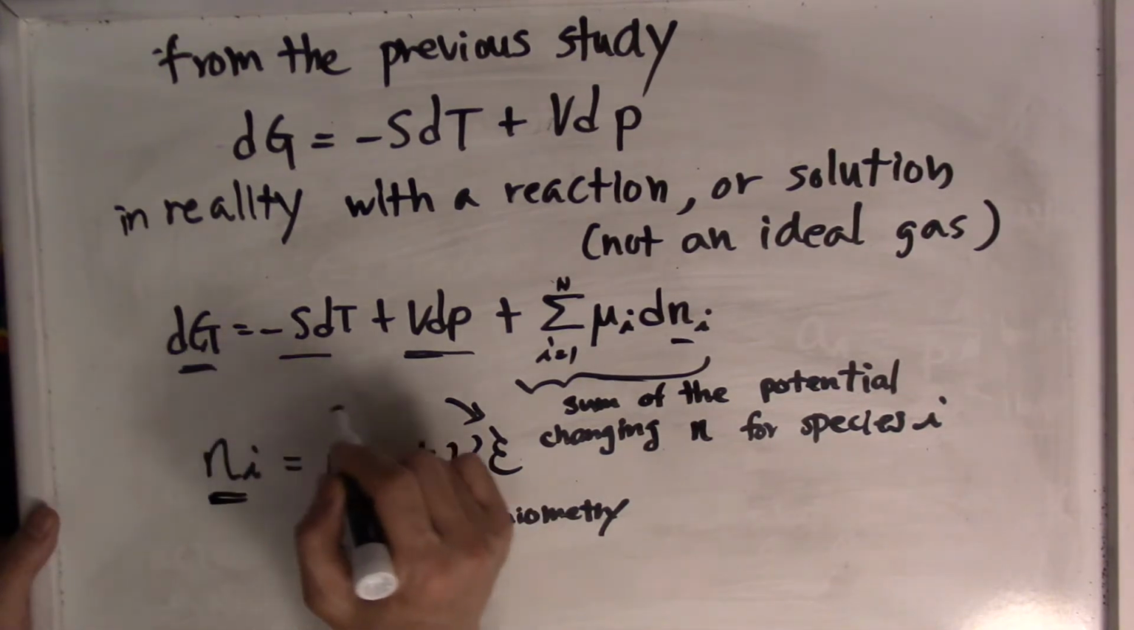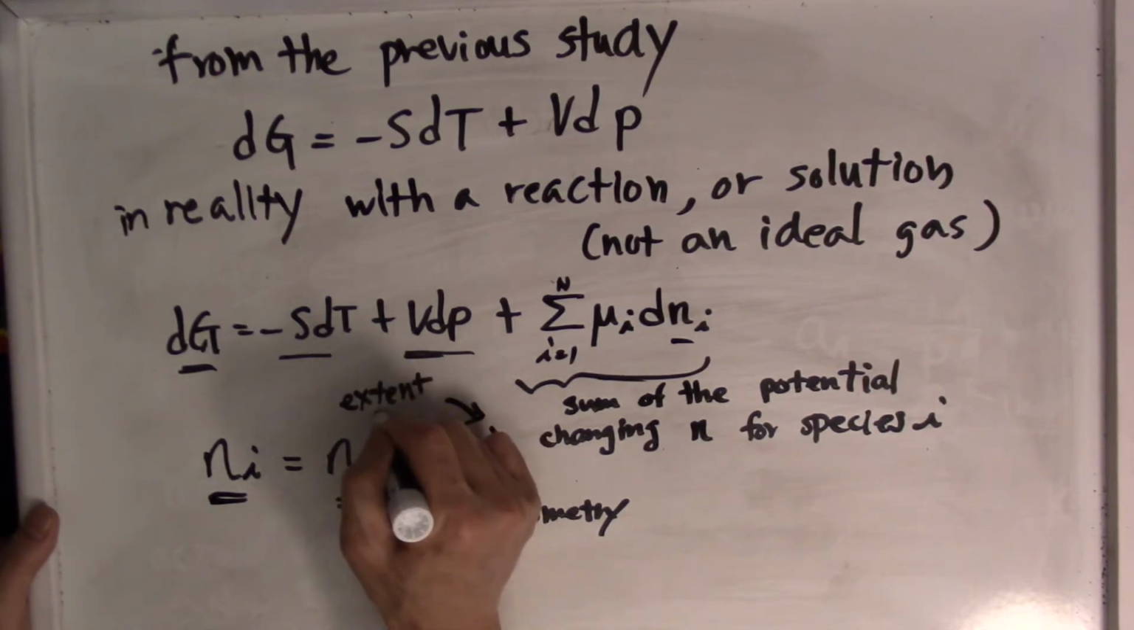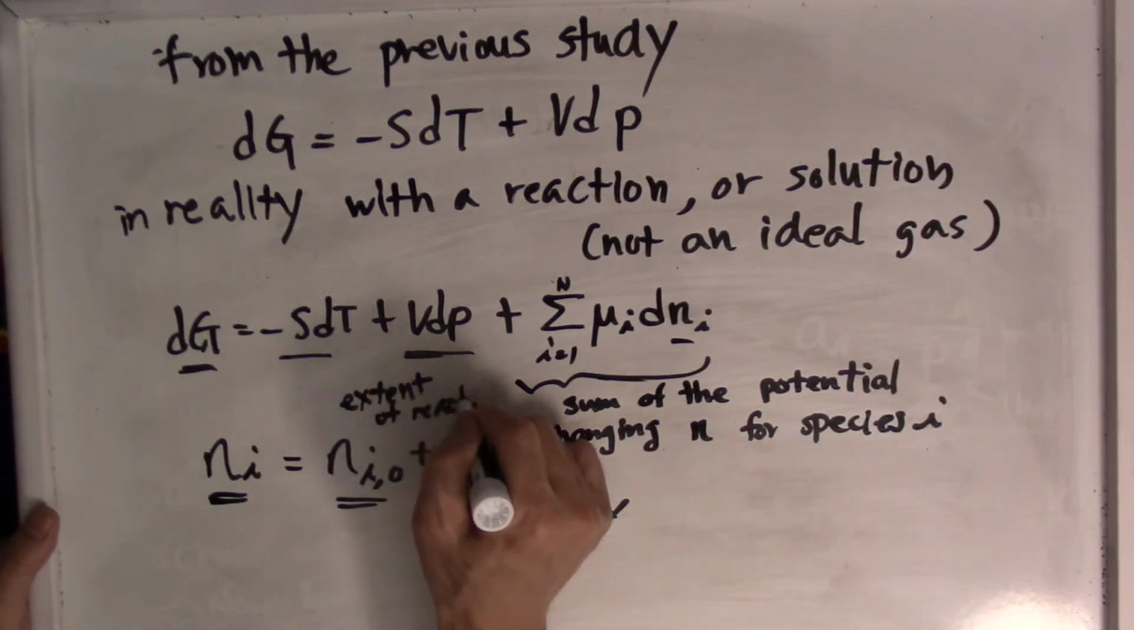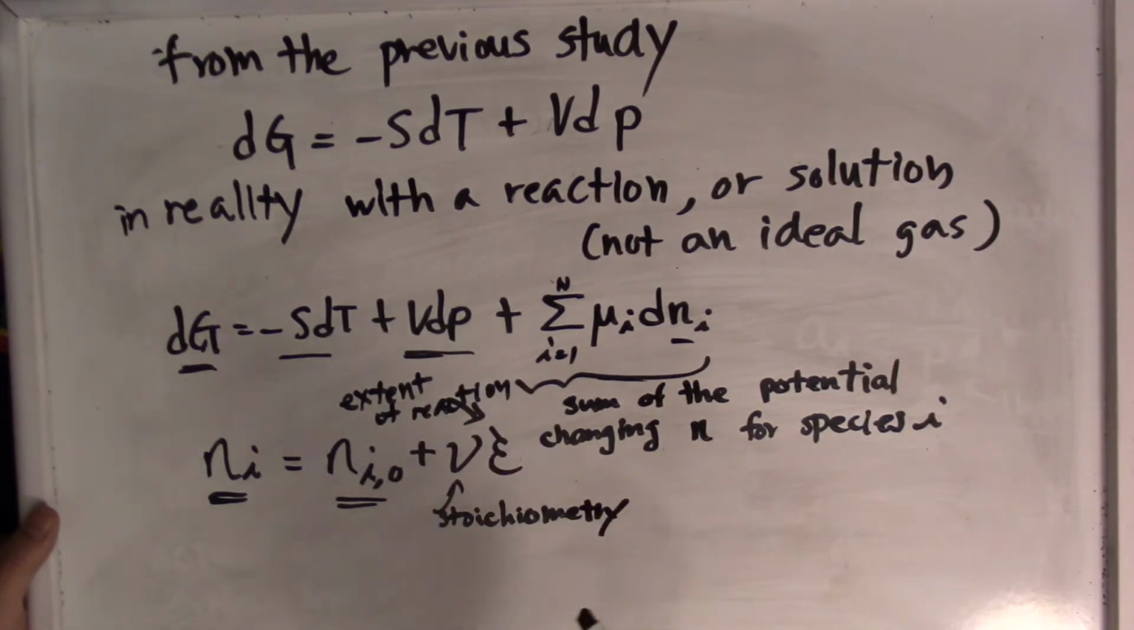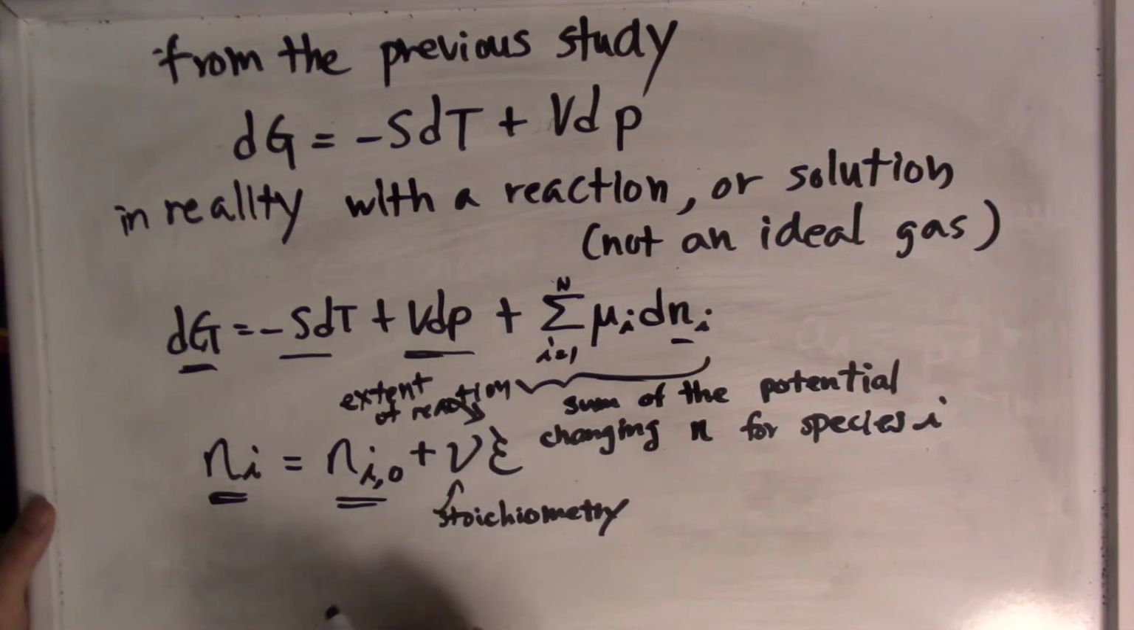So this one right here is the extent of reaction. Extent of reaction. So how much or how far the reaction went, right? So this E-looking thing. Right? So now,